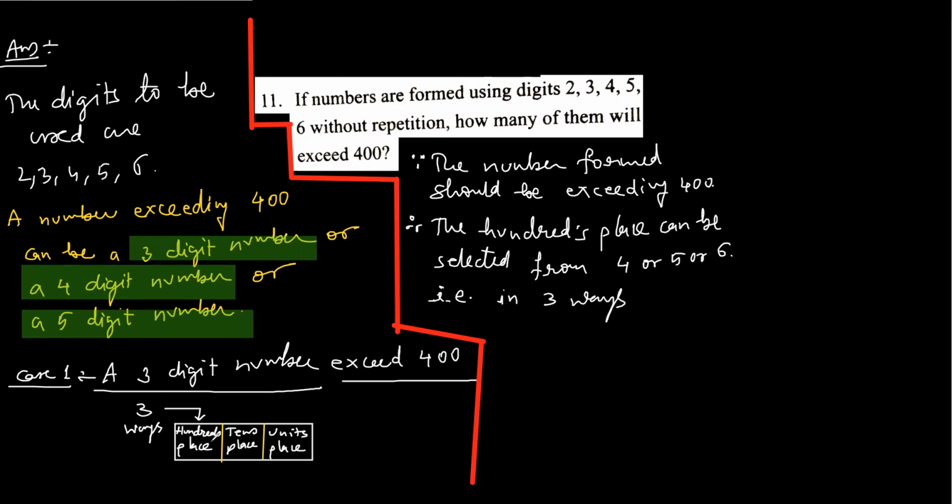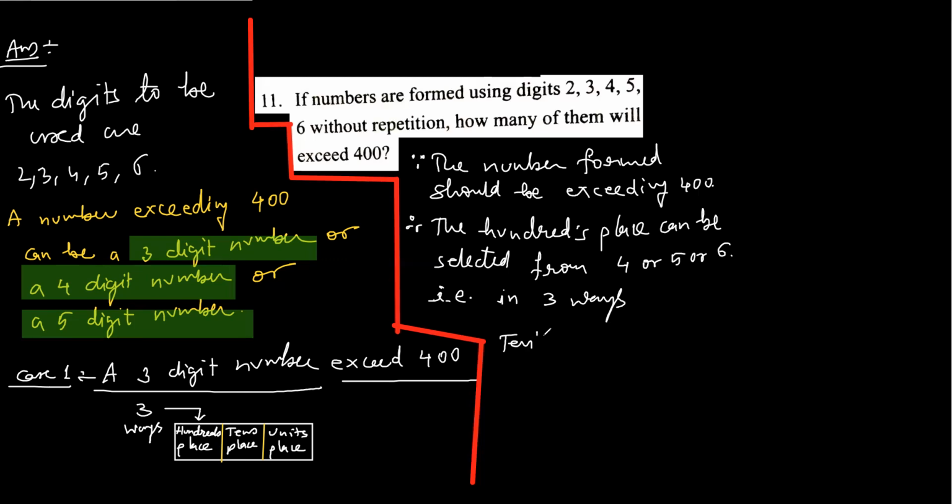Now see students, this has to be selected in 3 ways. But out of these 3 ways, you will select any one way. Okay. After doing that, now you will come to the tens place. And the repetition is not allowed. So you understand that from these 3, you have already selected one. So you are left with only 2. So 2 here and 2 here, 4. Okay. So you will write,